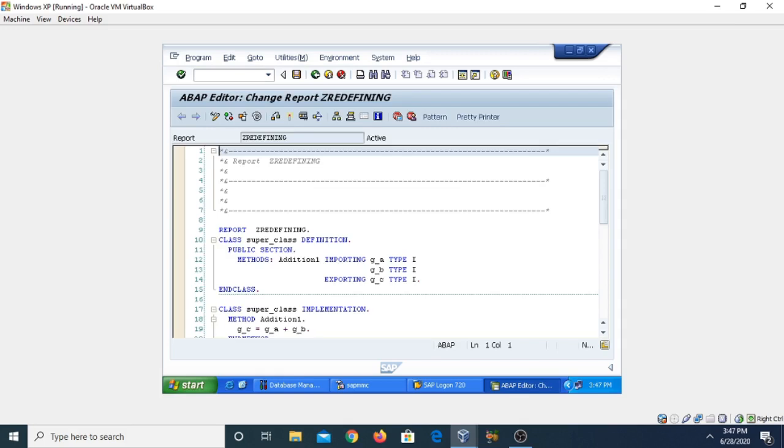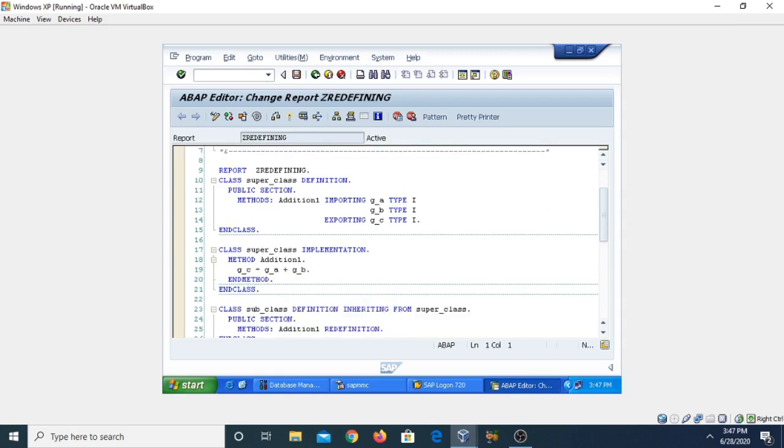Now you can see this is our class super_class definition public section. In this I have declared one method addition1, which has importing and exporting parameters.